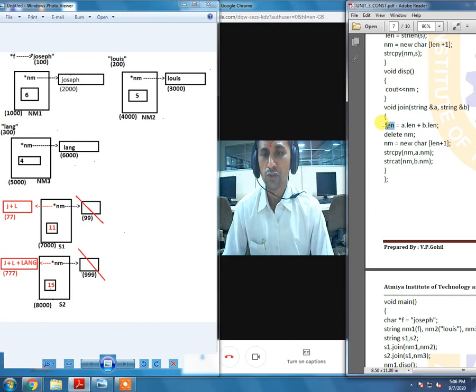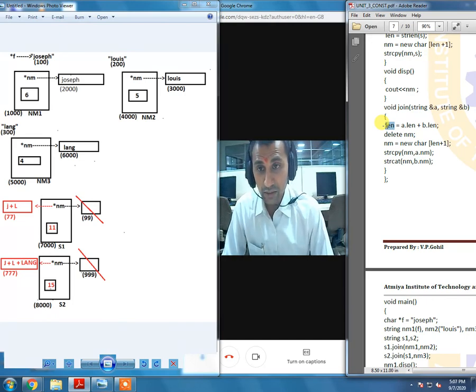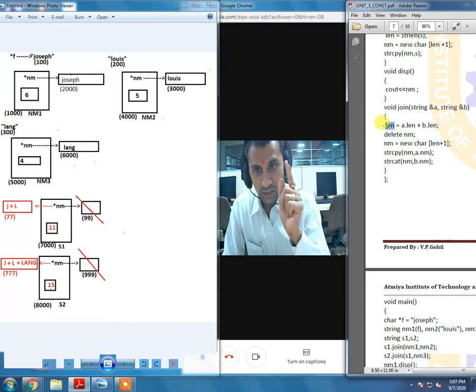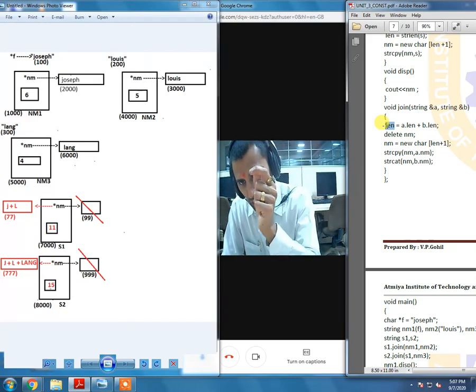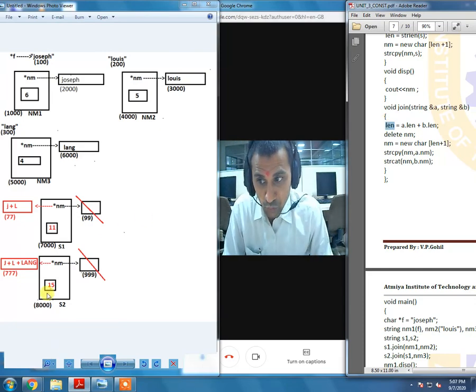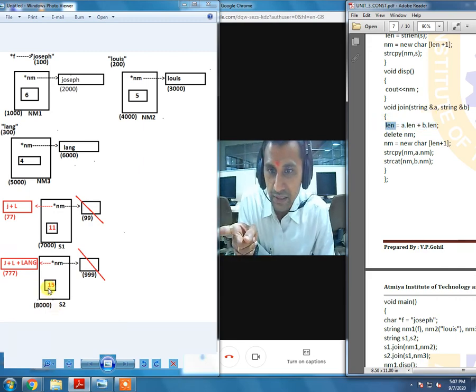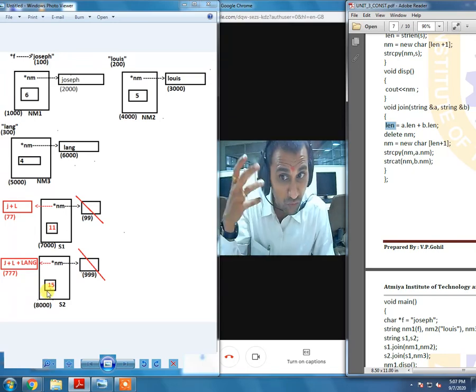Once again, do not wonder which particular location we are talking about. The object who has made a call this time, we are referring the length variable of that particular object only, that means S2. See, 11 plus 4, that is 15, is going to be stored in length. Initially the value was 0.